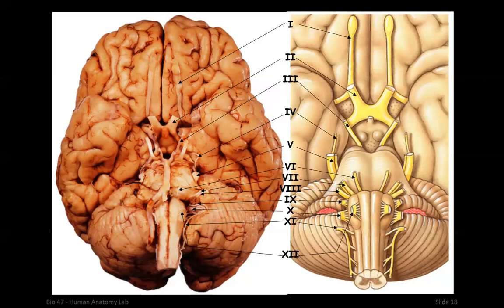Then 9 and 10 are also sort of tangled together. So the number 10, X, that's the vagus nerve. It's that really big nerve that is most of the parasympathetic nervous system. And so most of these fibers that are coming out of the side of the medulla,